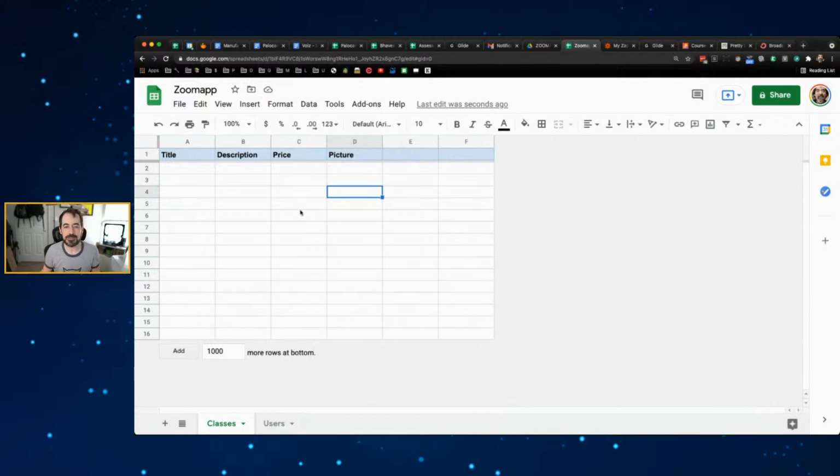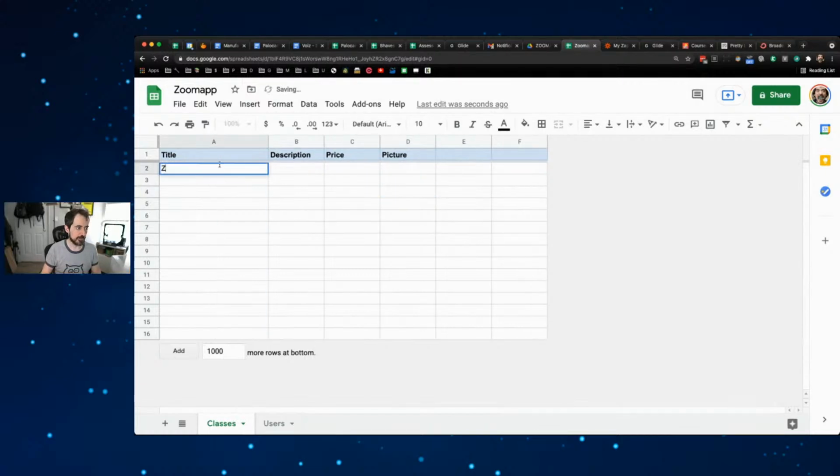Now, what I like to do is pre-populate my app with some content. So we could say, this is my Zoom class. I don't know how realistic I want to make this, but let's say this is my Zoom class on Tuesdays. Nice. And I'm going to create 3 classes, and the other one is going to be Wednesdays, and this is going to be Fridays, my Friday Zoom class. By the way, I maybe should do Zoom classes to teach people how to create apps. Why not? Description,